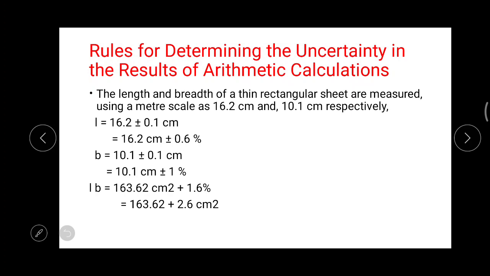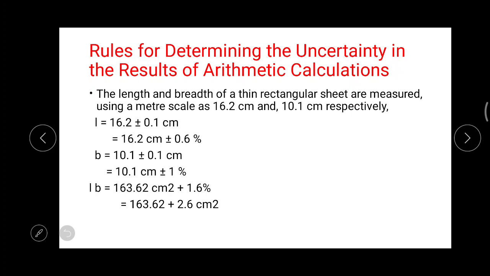So the 0.1 centimeter is actually 0.6 percentage of 16.2, isn't it? You can check that one. Hence the percentage error in that measurement is 0.6 percentage for the length. As well, in the case of the breadth, there also the error value is 0.1, but according to the measured value 10.1, the 0.1 is actually 1 percentage, isn't it? 1 percentage. So in the combined, whenever you are combining this one,